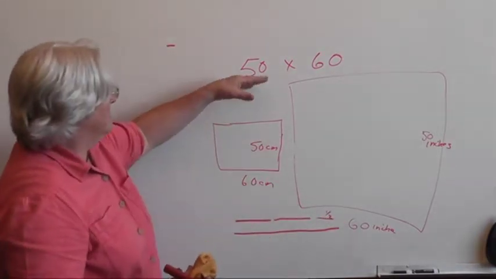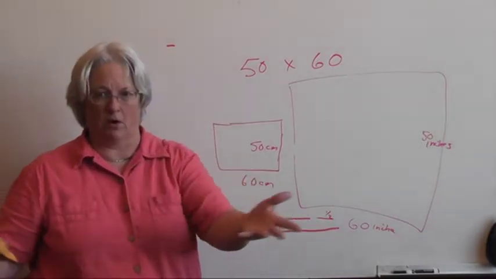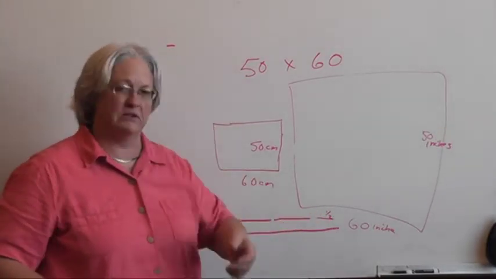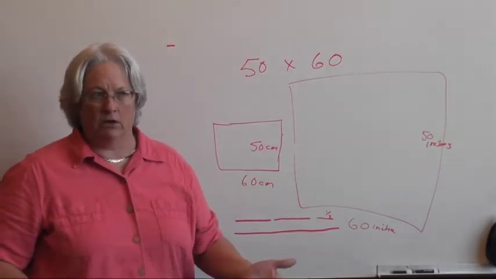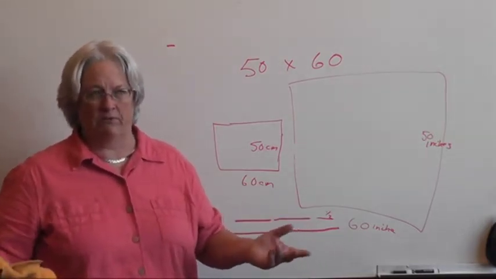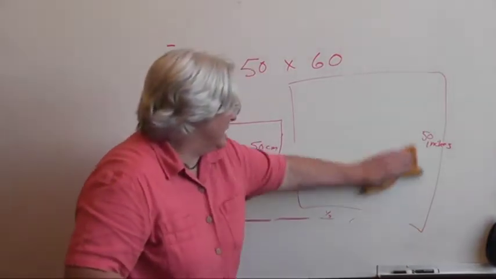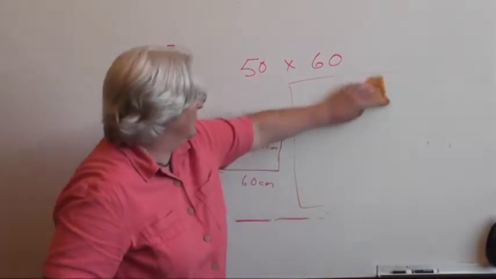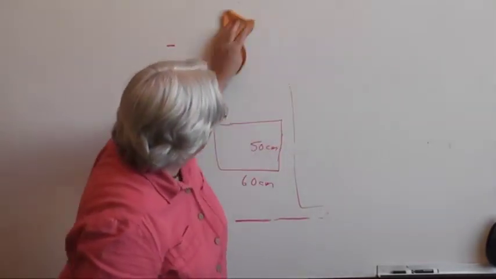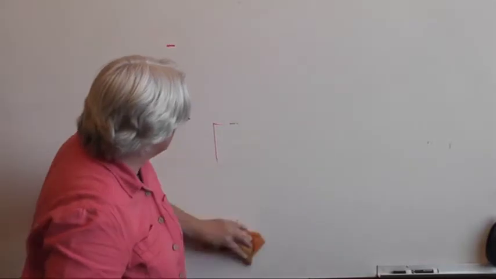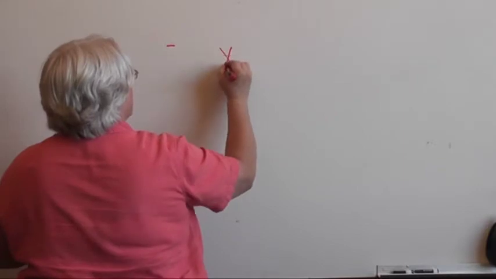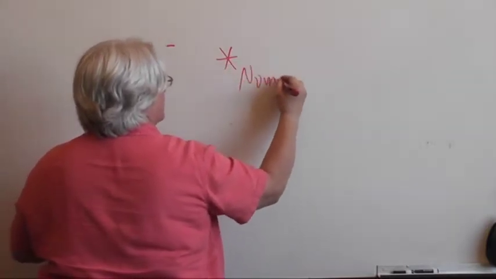So all of you would know if I say, okay, go get me a piece of string that's 50 long. You wouldn't just go get me a piece of string, you'd say 50 inches, feet. We wouldn't say meters or centimeters because that's not what we use in our regular system of measurements. But what this is saying is that measurement is meaningless without the units. So this right here, numbers mean nothing without the units.